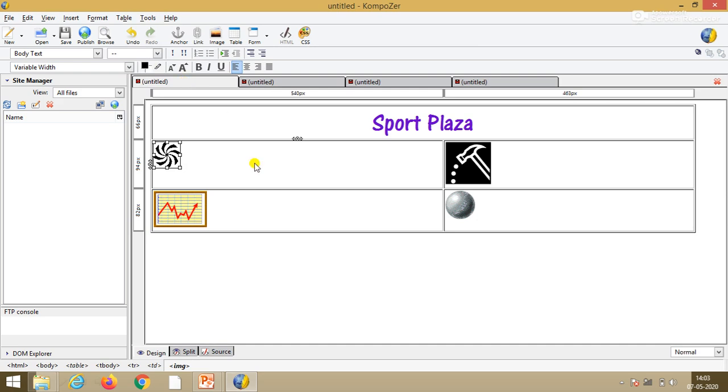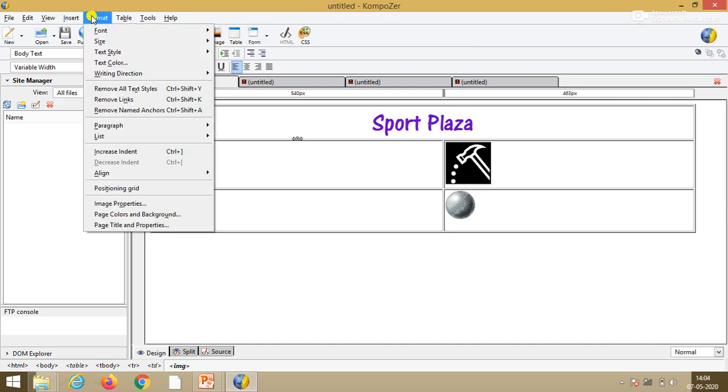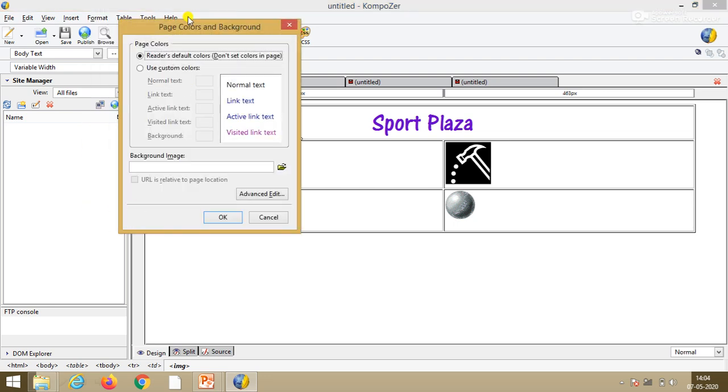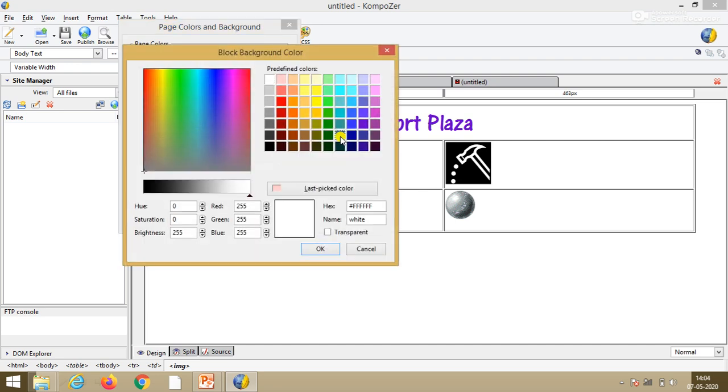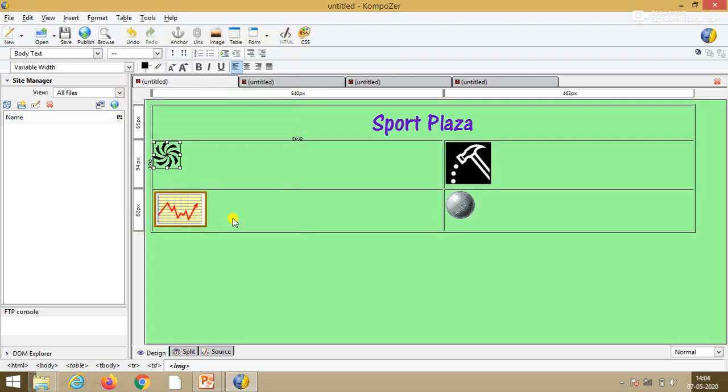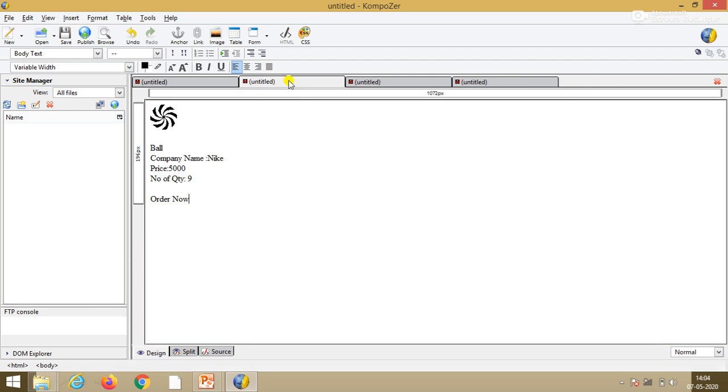And we will go to the first page and insert a color. Again, format, page color and background, and we will use customize color. For the background color, we simply select one color, okay. You can see the background color is changed. You can also give it in these pages.